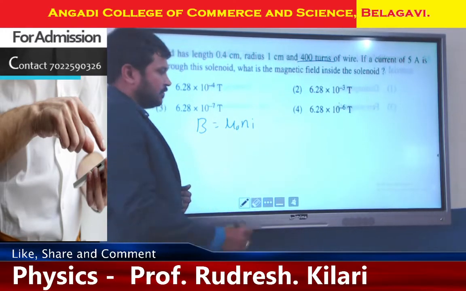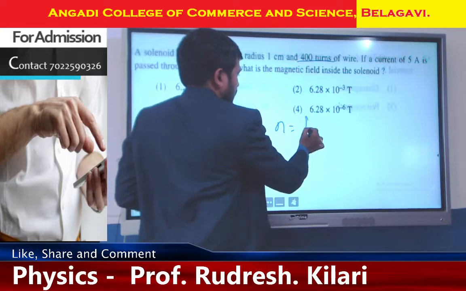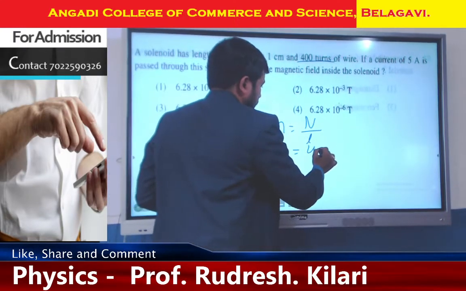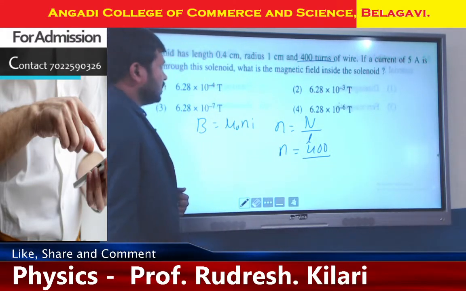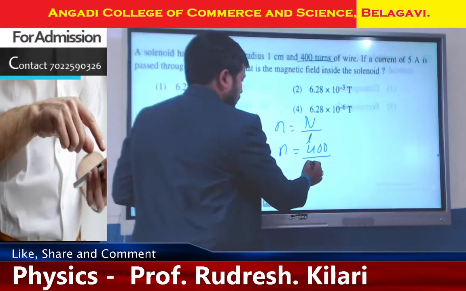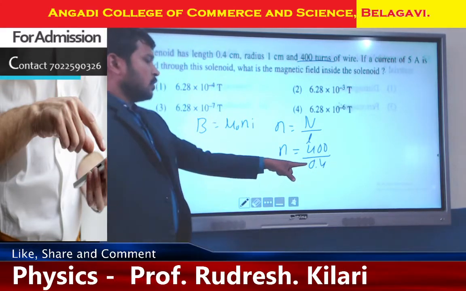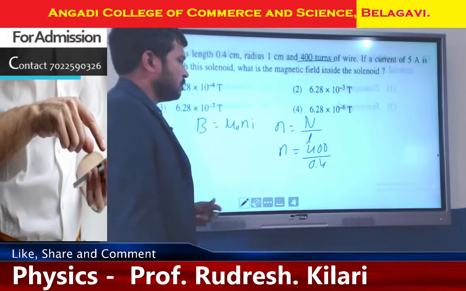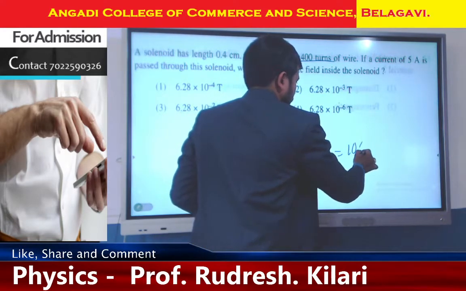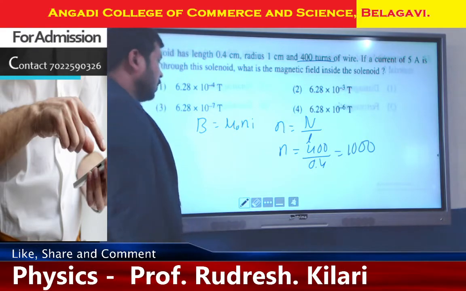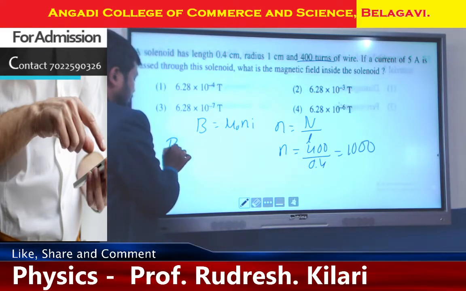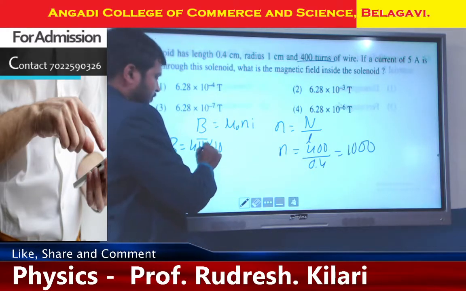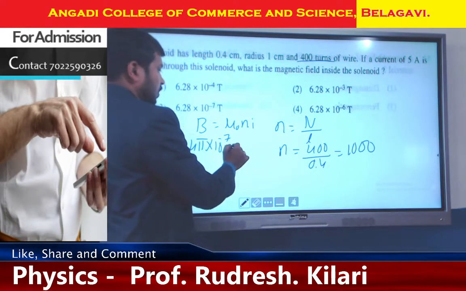You need to calculate it. But here what is given? The number of turns is given. Small n equals capital N divided by l. How many turns are there? 400 divided by the length, which is 0.4, that is 4 into 10 to the power of minus 1. 4 and 4 get cancelled. Minus 1 goes up, meaning plus 1. This becomes 1000. Right? Now, B equals 4 pi into 10 to the power of minus 7 into the number of turns,